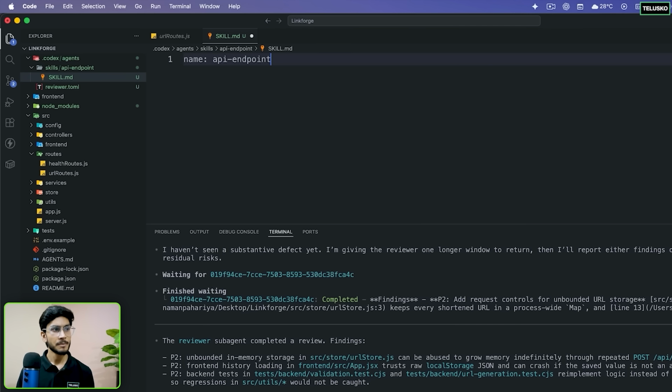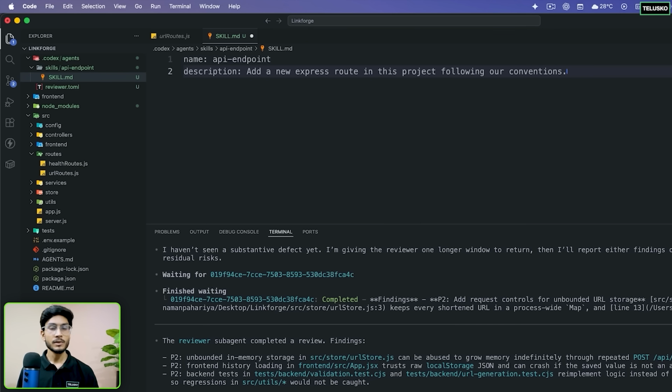But in our case, let it be same. The next thing you need to define is a description. So I'll just write here, add a new express route in this project following our convention. So these two things are required, which is a name and description, so that it can understand that we need